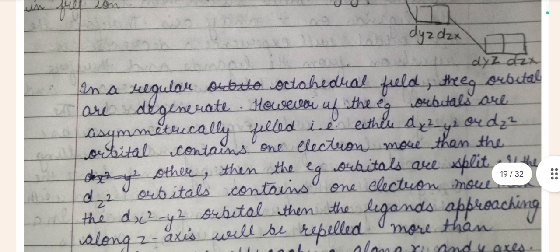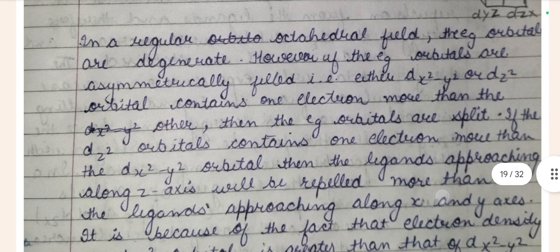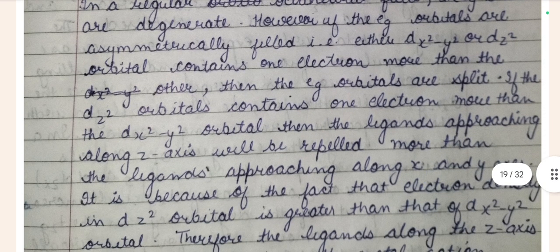In regular octahedral field, the Eg orbitals are degenerate. However, if the Eg orbitals are asymmetrically filled, that is either dx square minus y square or dz square orbital contains one electron more than the other, then the Eg orbitals are split. If the